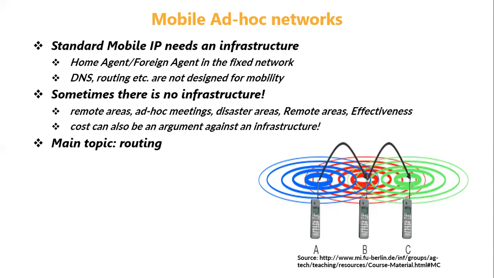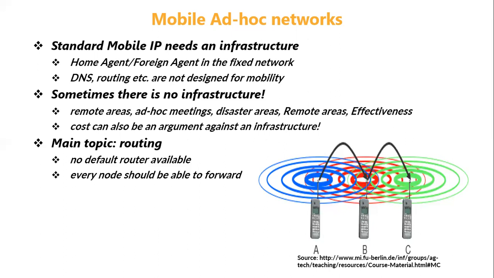Or at some other places, depending on the type of service, a service which is based on a fixed network may be too costly. For example, an application may send only a small status information every other minute. In that case, an ad hoc network would be preferred rather than a cellular network, which is a connection oriented network. Because of these reasons, there is a lot of interest in ad hoc networks.